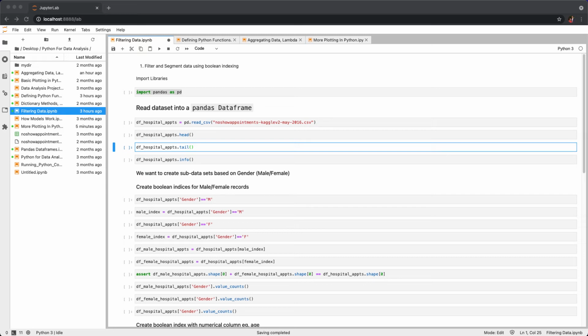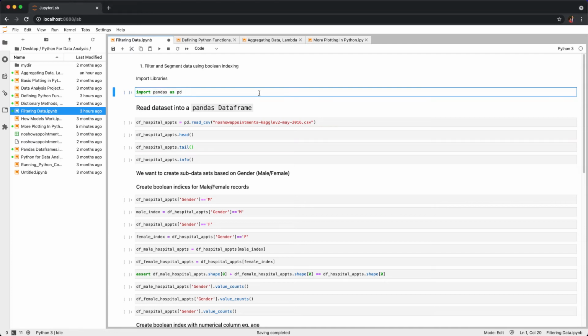Today we are going into filtering data with Boolean indices, and I'm going to run through this notebook with you and show you how to filter your data in your data frame based on certain options that you would choose, which would create Boolean indices. Now, Booleans, if you are not familiar with them, are either true or false. And so we're going to create some conditions and use those conditions, which are either true or false, to filter